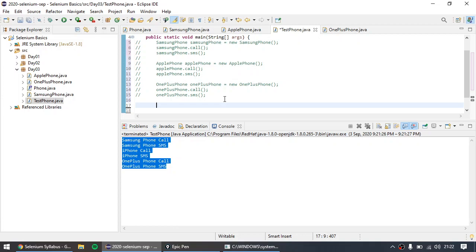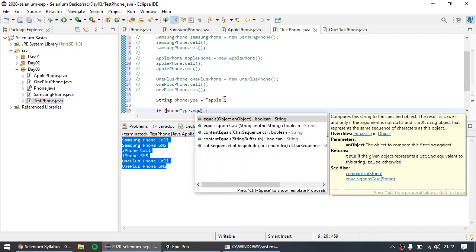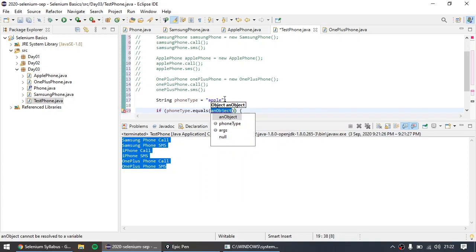So here we have a variable, say String phone name, right? Or phone type. So phone type is a variable which is having the data, say Apple. A very small information. Now we can have a conditional statement here. If phone type dot equals, whenever we have to compare string type data, we compare like this. We do not use the equals to mark here in case of string. So here dot equals, what it should be equals to, Apple,